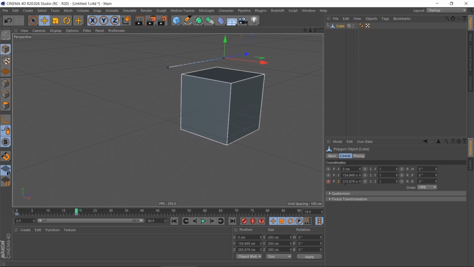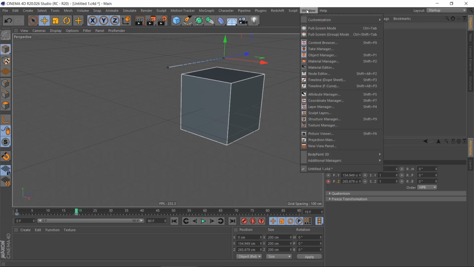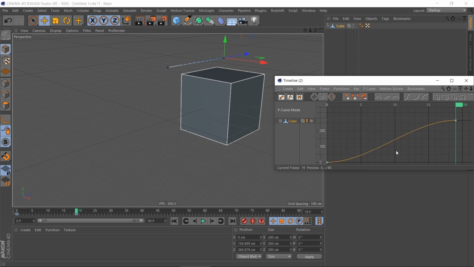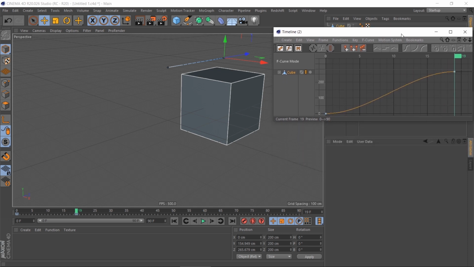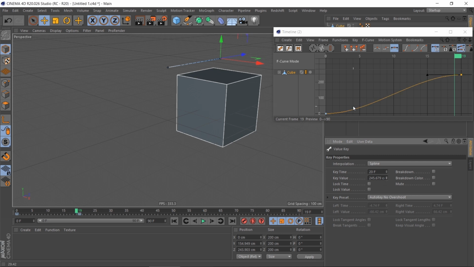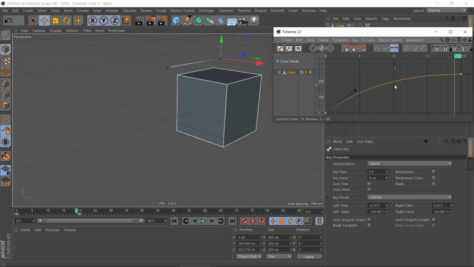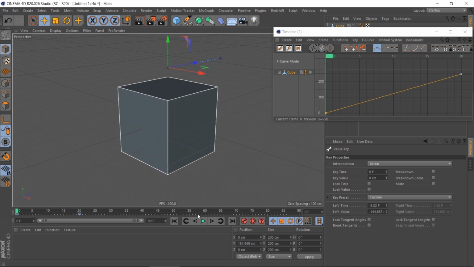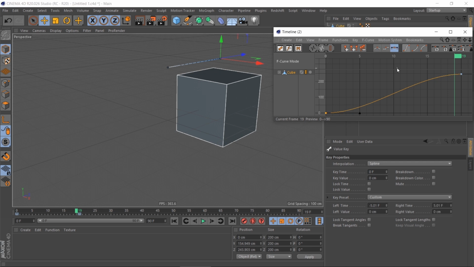This interpolation is displayed as a curve in the timeline in the F-curve mode. It is actually a graph that displays how the attribute changes over time. The shape of the curve is determined by the parameters of the keyframe, which will be displayed in the attribute editor if you select it. You can adjust the keyframe settings either by clicking the buttons or by modifying the tangents. You can make the parameter change linearly, that is, gradually, or you can make it slow down in the end,